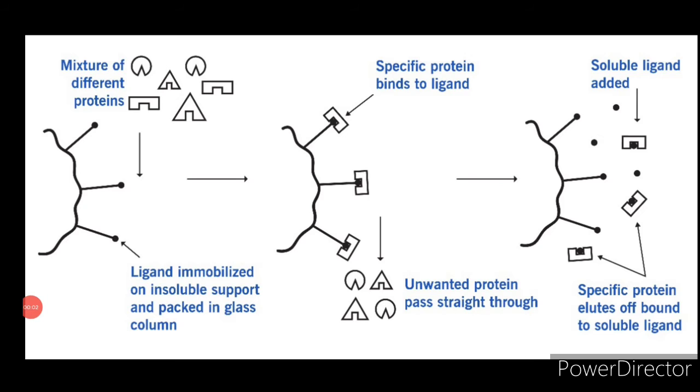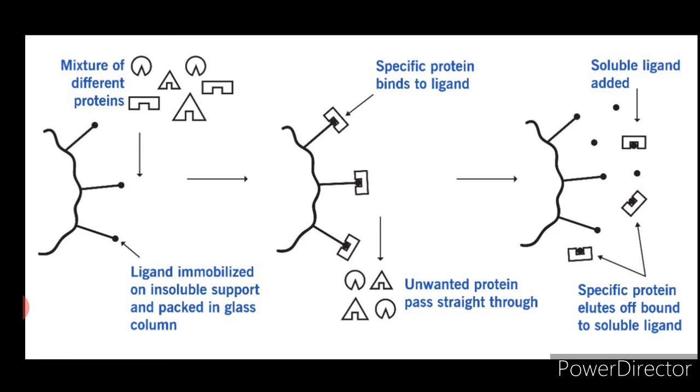Affinity chromatography. Here, separation of solutes is based on the specific affinity of solutes for specific sites of the stationary phase. Affinity chromatography exploits the specific high affinity non-covalent binding of a protein to another molecule, that is the ligand. First, the ligand is covalently attached to an inert and porous matrix such as Sepharose.